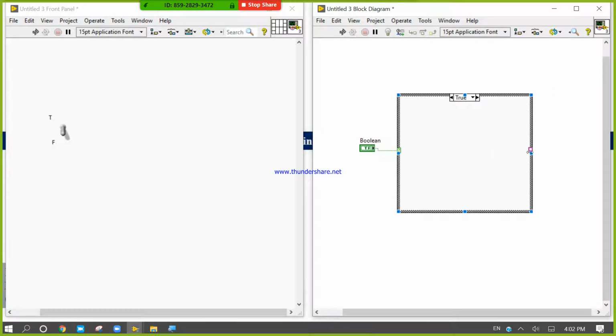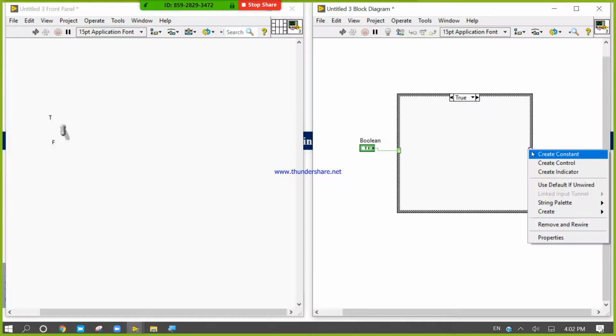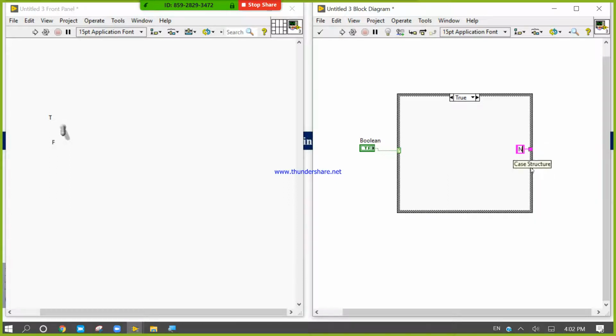For that, I can right click here because the data type is also already assigned. So now you are in the true case.